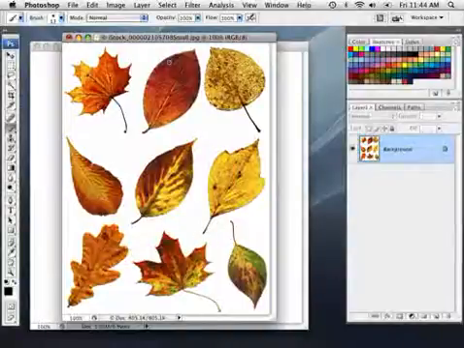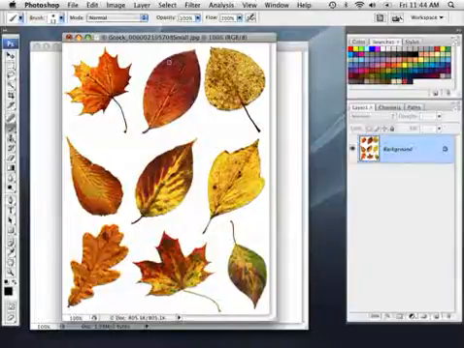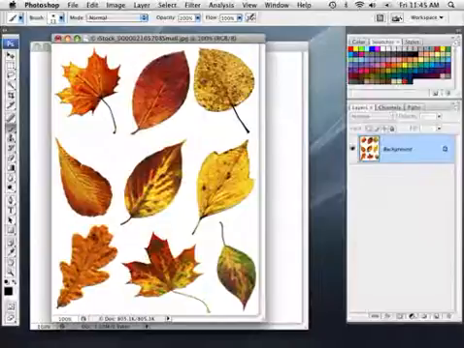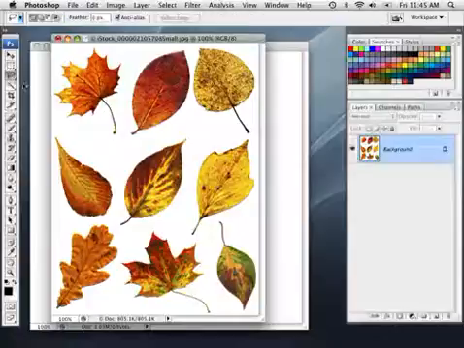Alright everyone, well this week I thought we'd do something pretty cool using the brush engine and creating natural brushes from actual photographs. And here I have a photo of various kinds of leaves, obviously. And what I'm going to do is actually use this first one and go ahead and create a brush out of it. So what I'm going to do is go ahead and drag with my lasso tool and just select